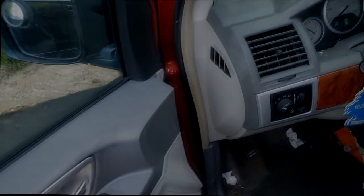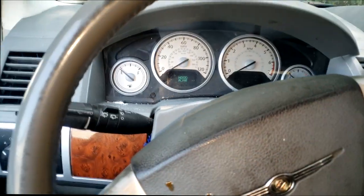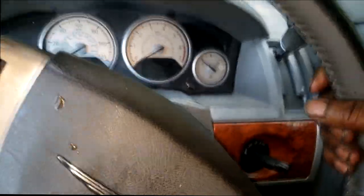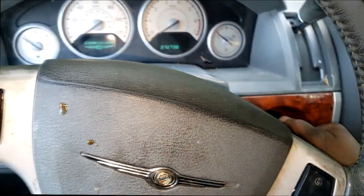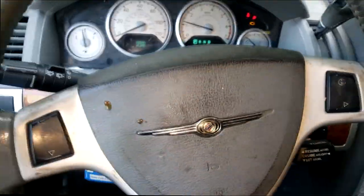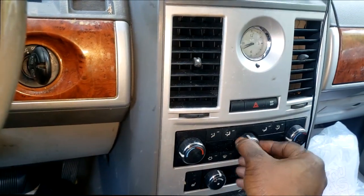Ooh, here it is right here, guys. 2010, I think, Caravan. No AC again. Well, what I mean by again is technically it's back. Technically it's a so-called recheck, but I wouldn't call it a recheck, guys, because I simply